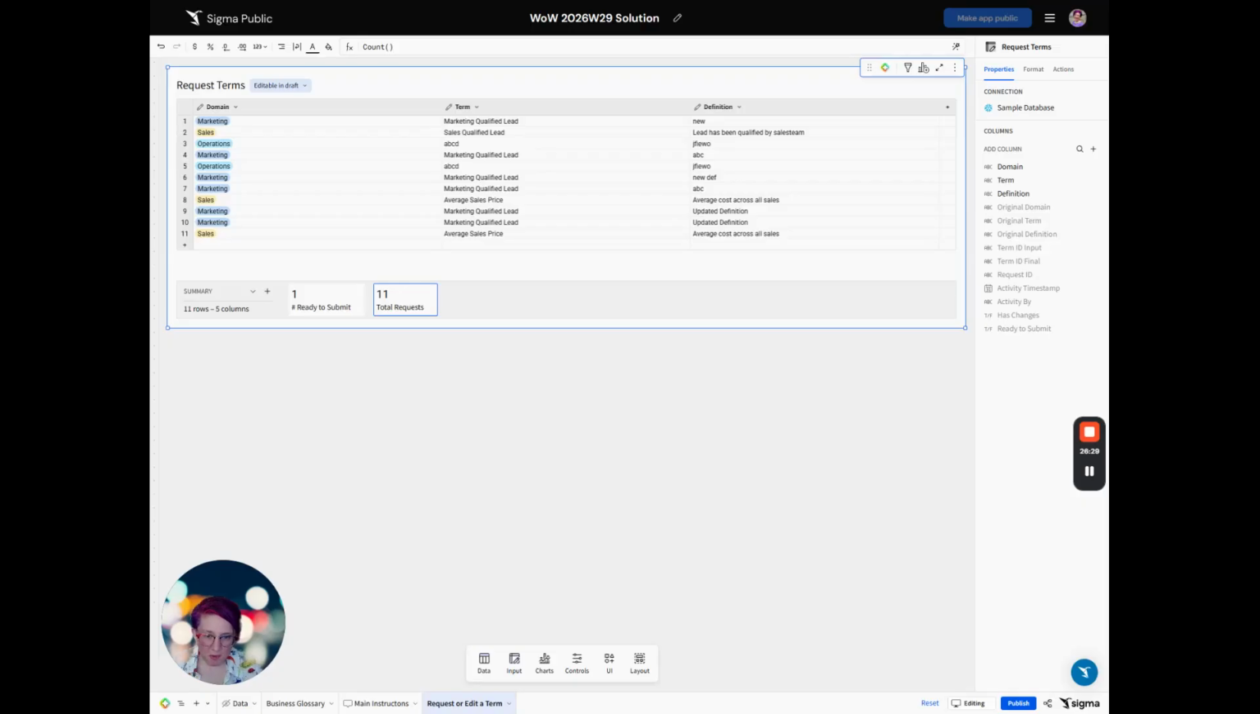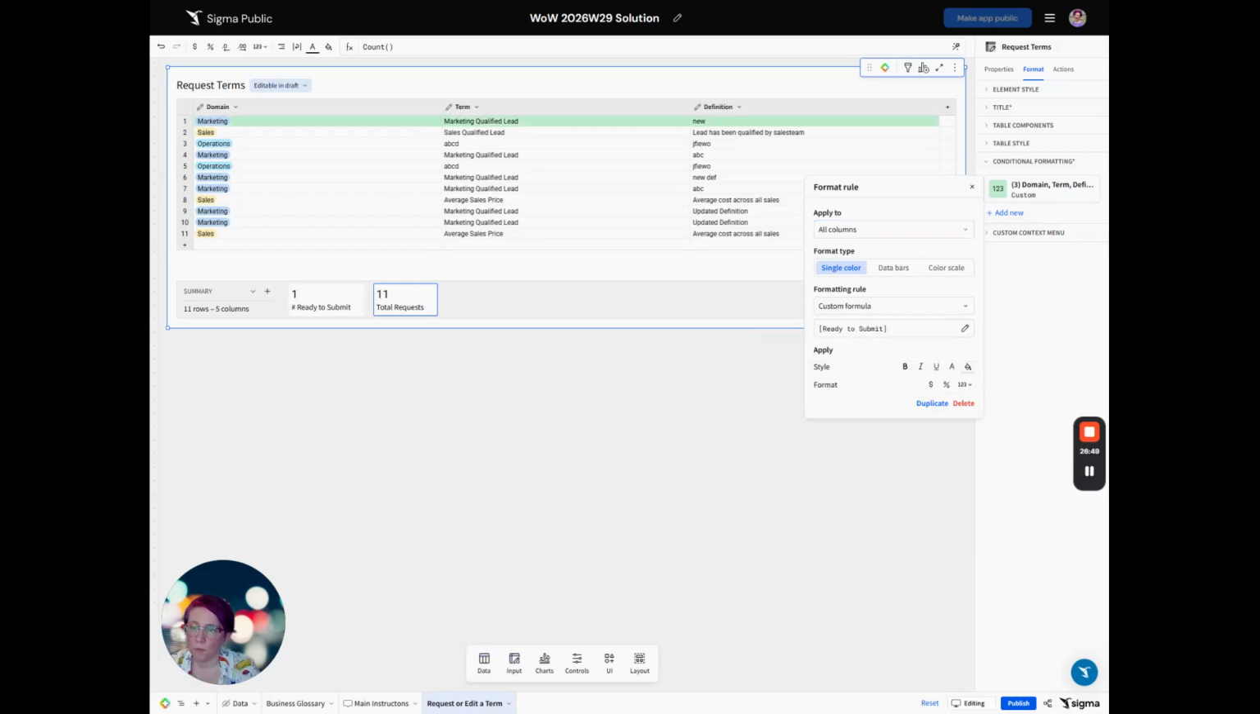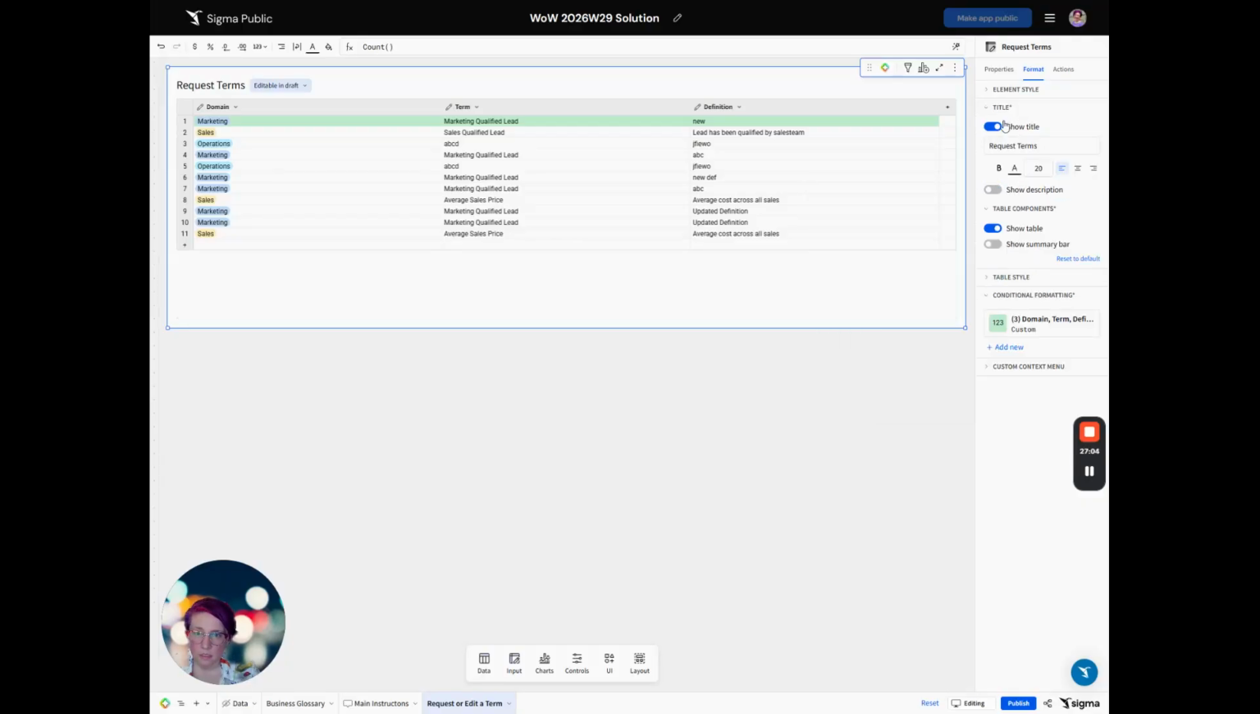Now I want to do some more formatting. For my final formatting, I just want to show those three columns. I'm going to also add in some conditional formatting. And on my conditional formatting, I want to highlight any rows that are ready to submit. Let's highlight all the columns that are visible, and we'll do ready to submit so we can see our one column is actually ready. And then I'm going to hide the summary bar and the title,